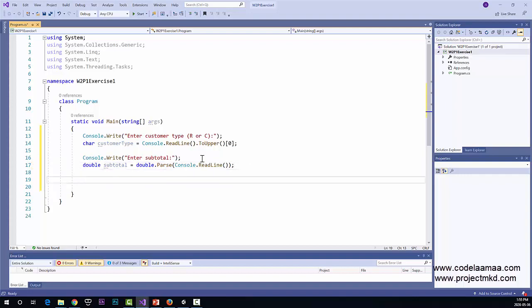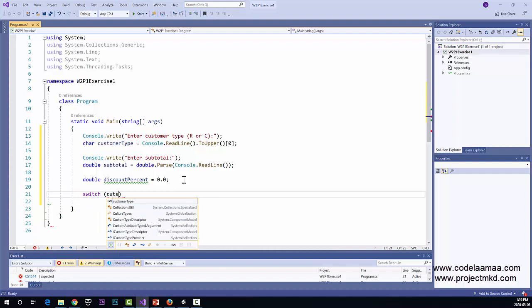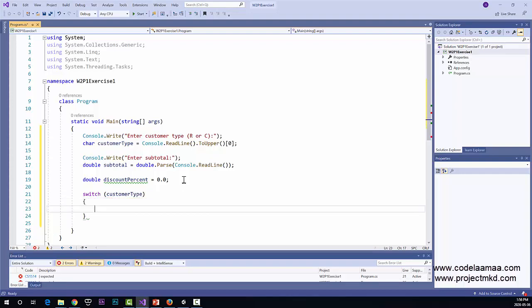Now we've got to figure out the percent and then finally calculate the output here. So first thing is, let's just say double, call it discount percent equals 0.0, and then we'll figure out the customer type. So we'll use a switch statement this time around by saying switch customer type. Alright, so now we'll say case R,